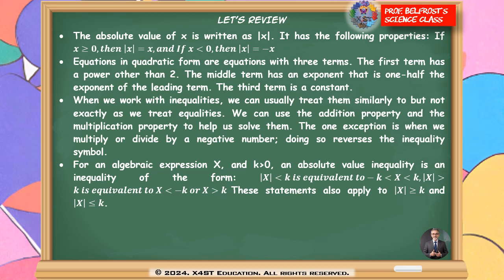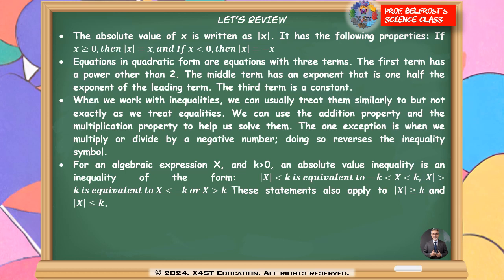The absolute value of x is written as x with the bars, the x in the cage. This is cage notation. It has the following properties: if x is greater than or equal to 0, then the absolute value of x is x itself, and if x is less than 0, then the absolute value of x is minus x. Equations in quadratic form are equations with three terms. The first term has a power other than 2. The middle term has an exponent that is 1/2 the exponent of the leading term,